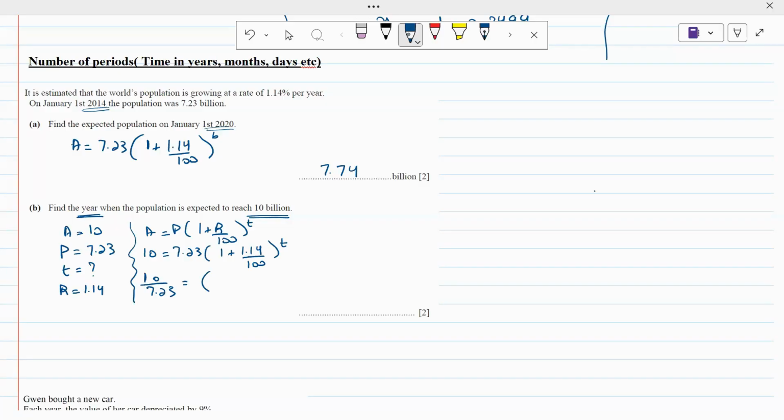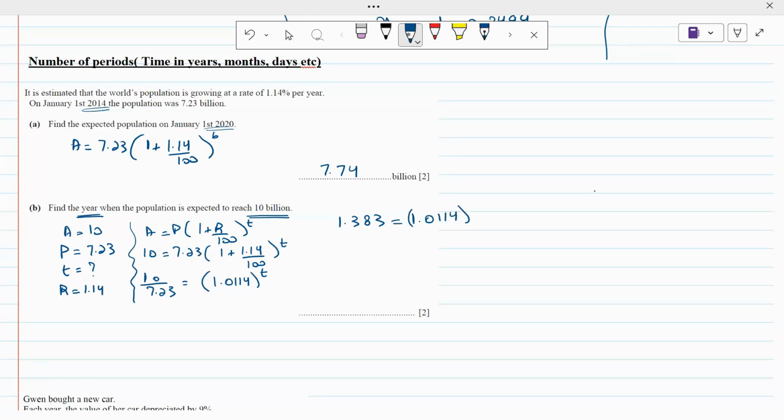So 1 plus 1.14 upon 100, that would be 1.0114 whole power T. And what is the value of 10 upon 7.23? It is 1.383. Okay, so 1.383 is equal to